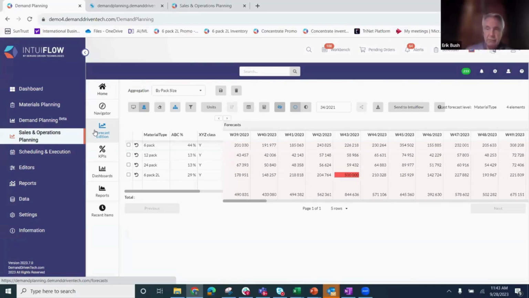Yes, there's a lot of et ceteras in there, so I want to be careful with each one. We probably want to talk through it specifically with whoever asked that question. But yes, you can bring in an external forecast. Oftentimes, that's going to be at a customer level. For example,